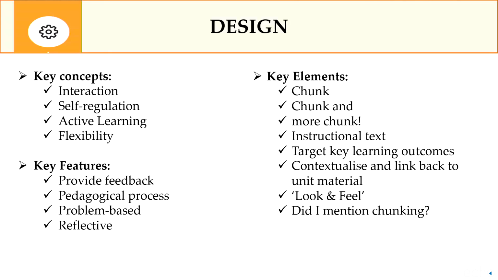Providing very clear instructional text. This was something else that was very, very key in the design process. I'll show you an example of what all of this looks like in the next slide, for those of you that are not fans of text. Target key learning outcomes, so actually looking at what the learning outcomes were for the unit and making sure that the activities actually targeted those. And look, there may be only 4 or 5 learning outcomes for the unit, and every activity doesn't have to target all of them, but even if you can make a map of which activities target which learning outcomes,